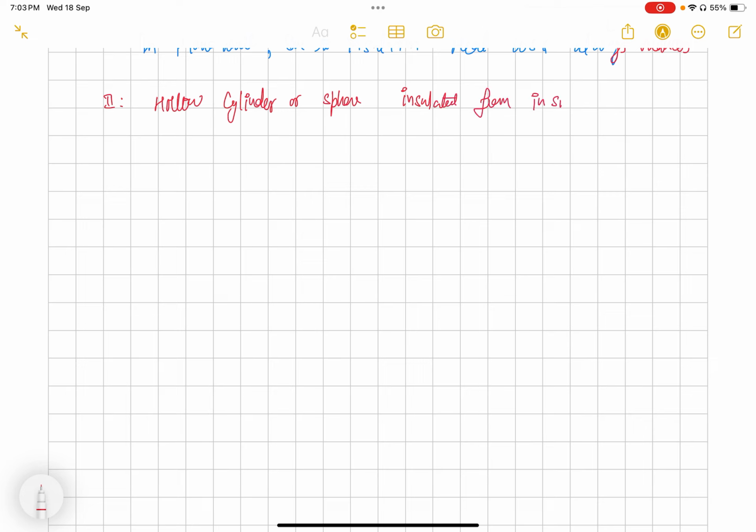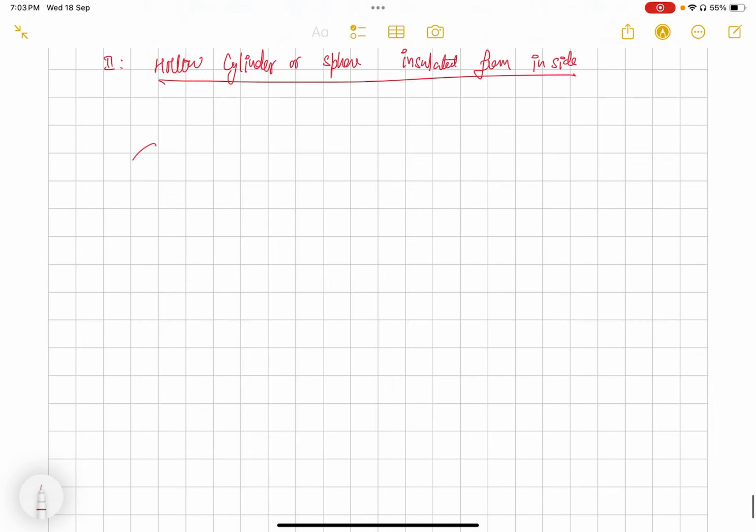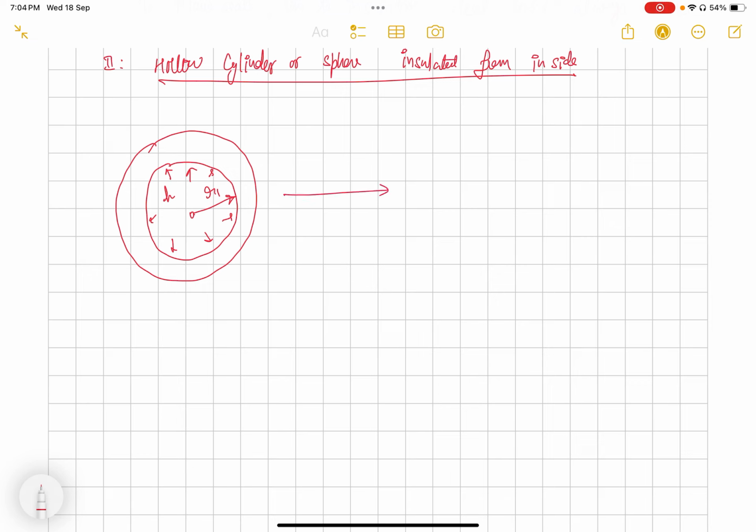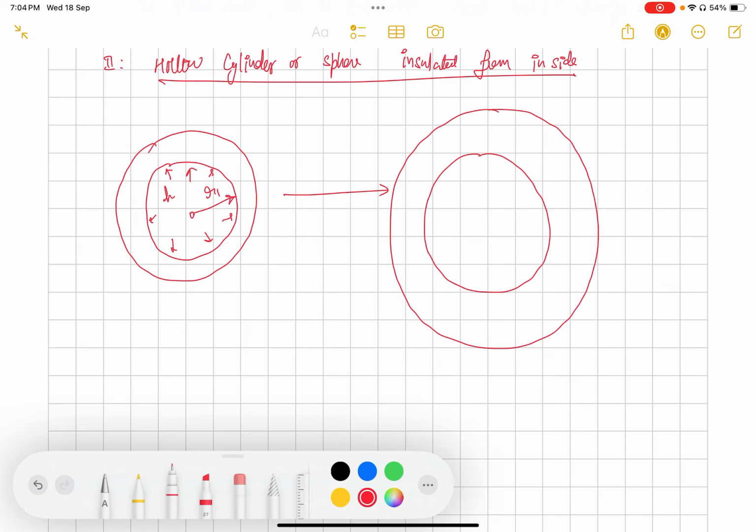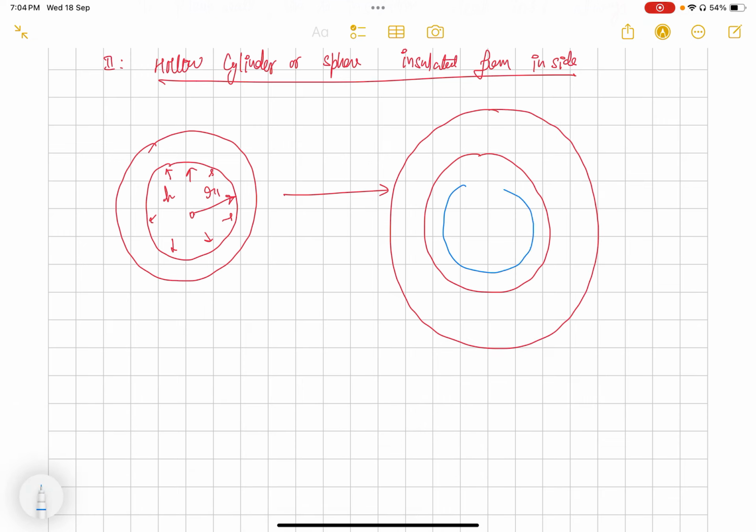So what will happen? If this is the body, let's say a cylinder, and it has radius r1, and inside h is the heat transfer coefficient because of some fluid, let's say. And if we are insulating from inside, this is the insulation,